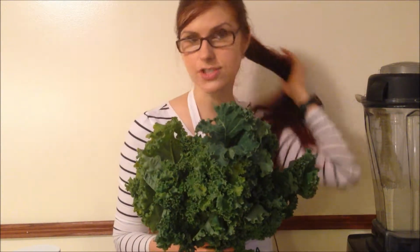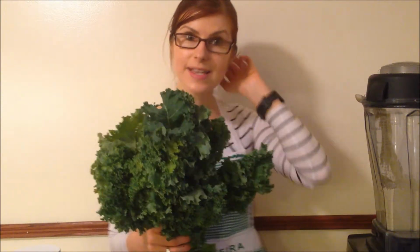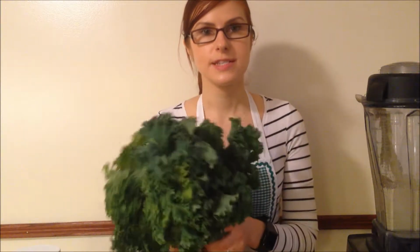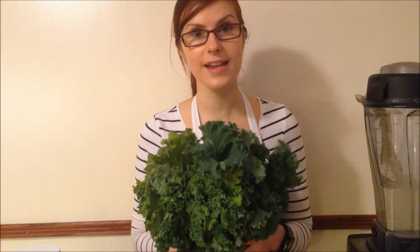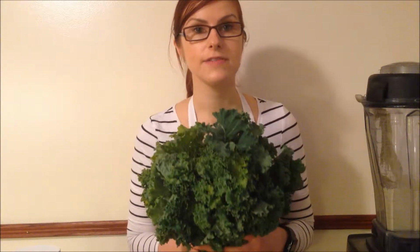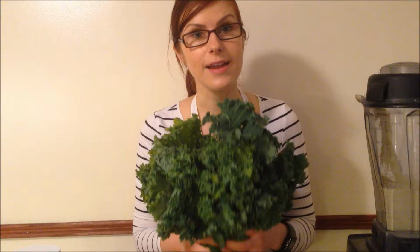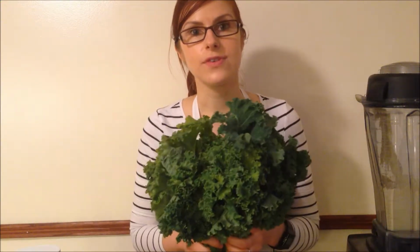Today I wanted to share with you how I make my kale chips. I have already made a blog post about it with the recipe, but I wanted to share the process with you because it can be overwhelming for people who have never tried doing that. And I'm making my kale chips in the oven today, so it's easier for people who don't have a dehydrator to be able to make them and have a healthy snack, healthy chips for your kids and your